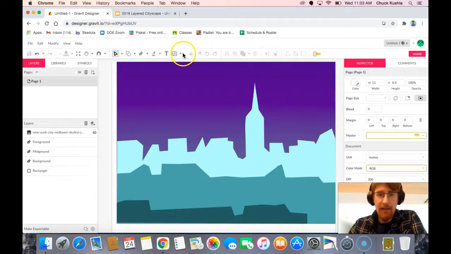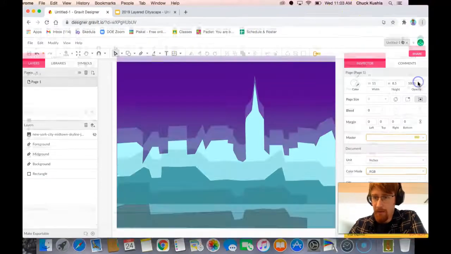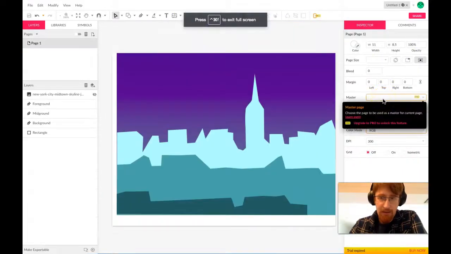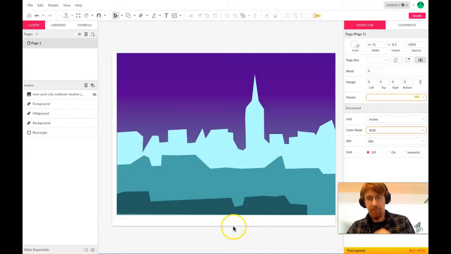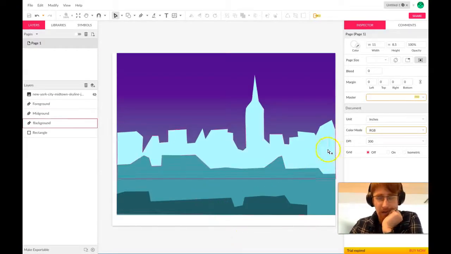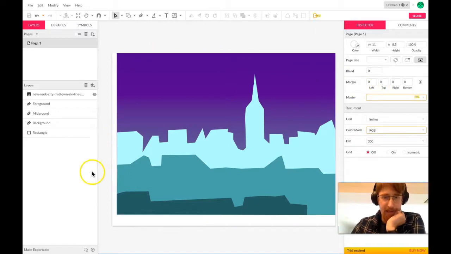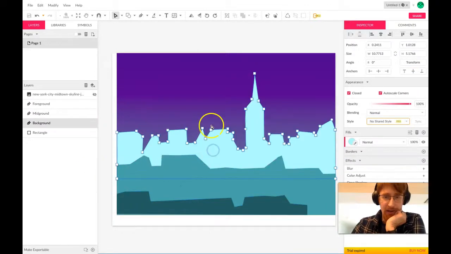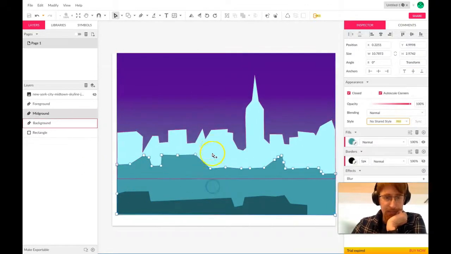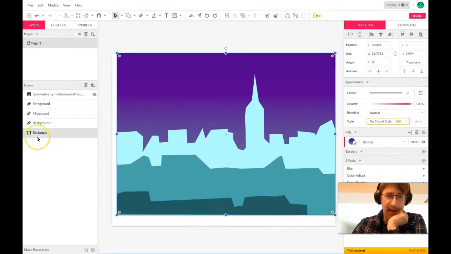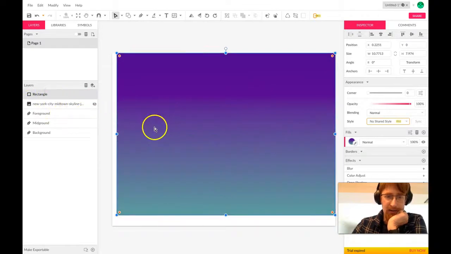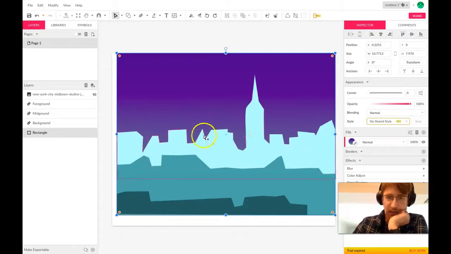All right, so I am here in Gravit. I have my skyline from the previous video. It's got 3 layers of buildings, and the building layers all overlap a little bit, so there's no gaps. I've also added a sky rectangle fading from purple to blue, so I'm kind of going for that dark nighttime